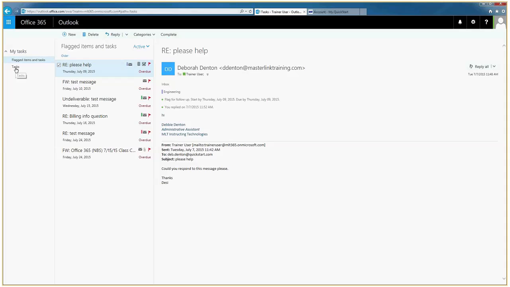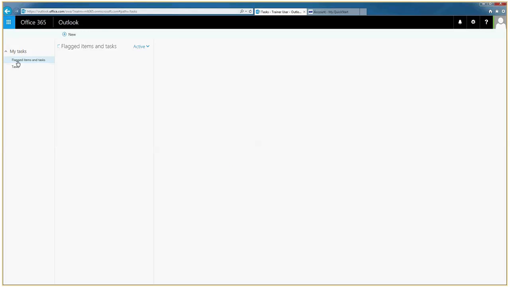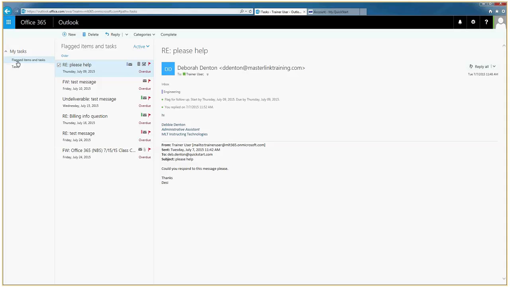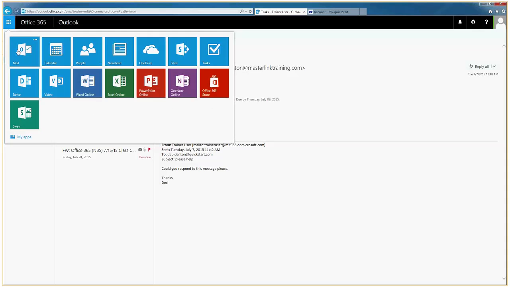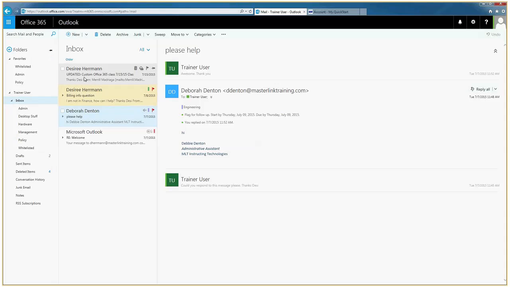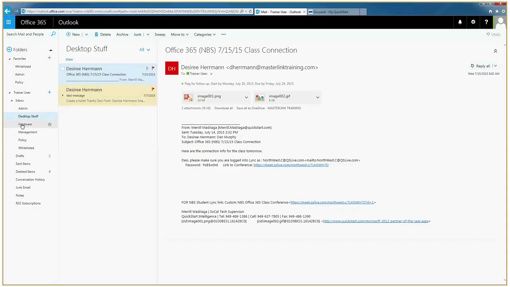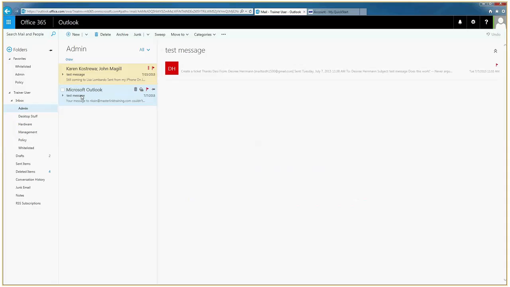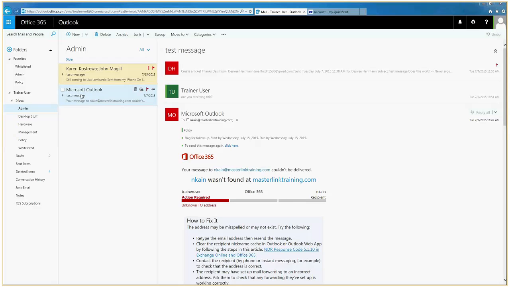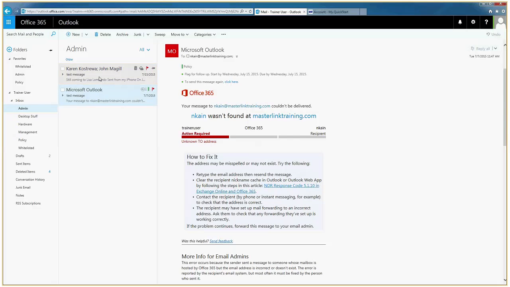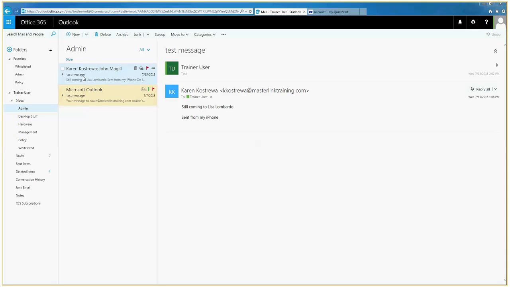If you notice here, we have My Tasks. Your task list in Outlook is a portion of also using your mailbox functionality. Whenever we flag something for follow-up, I'm just going to go back here to my mailbox. When I do flag a message for follow-up, here I'll go into a message that I have. In the message itself, if I get into the message,